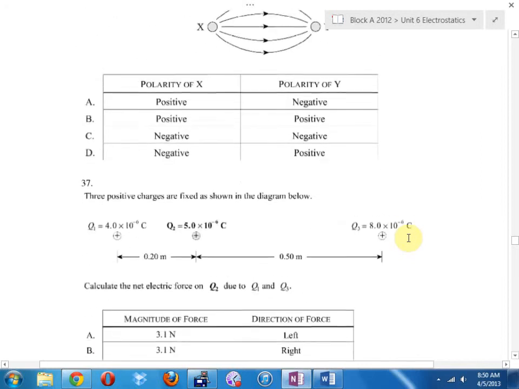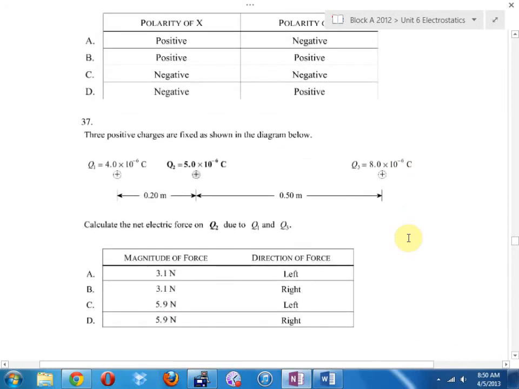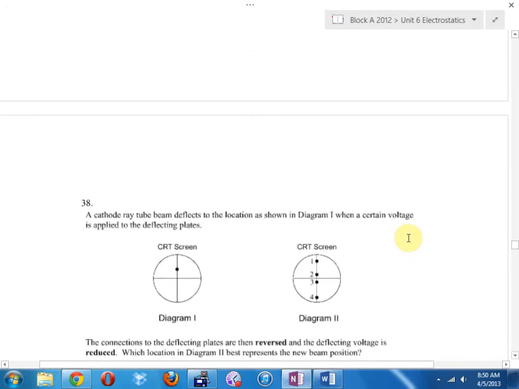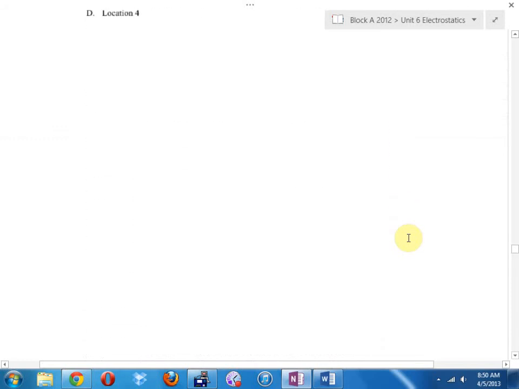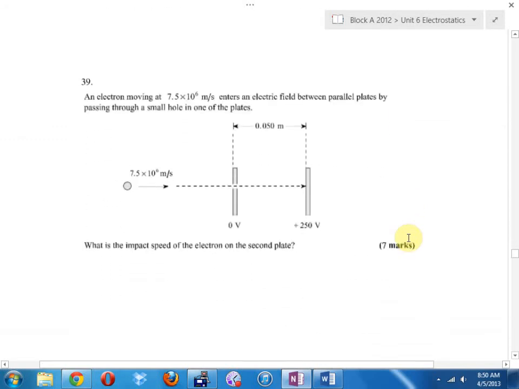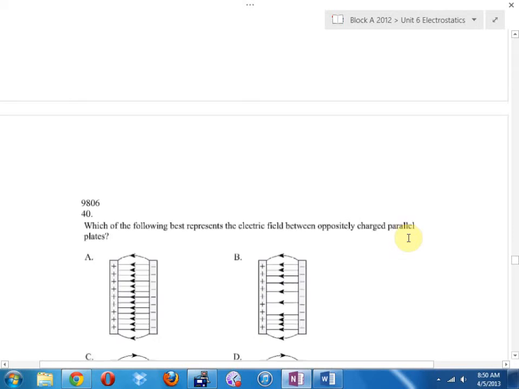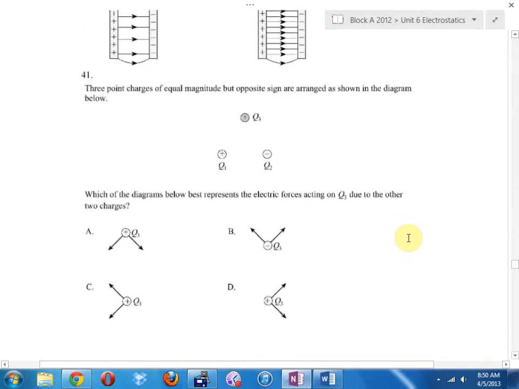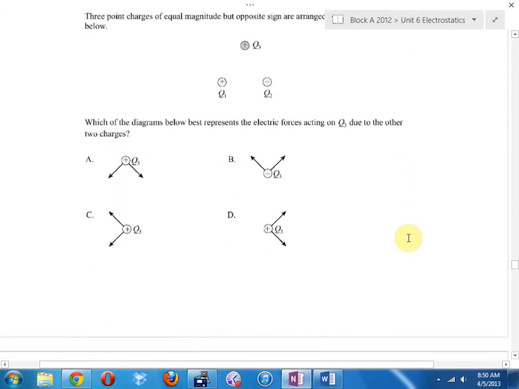36 for recognizing a diagram. 37, yet again, two charges. Cathode ray tube, I said I'm not going to hammer you this time. 39. 40, 41,